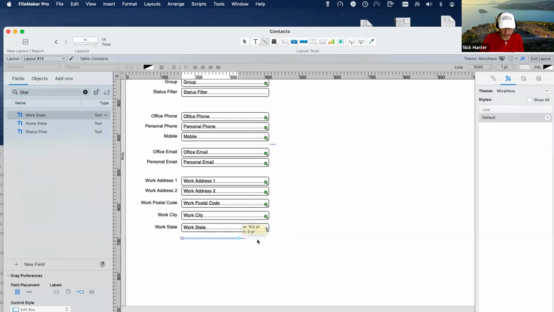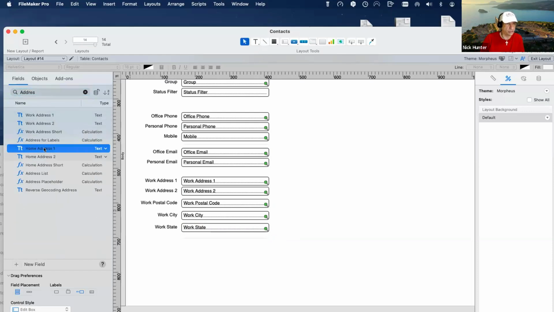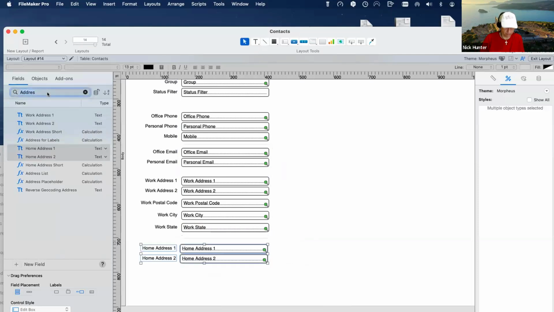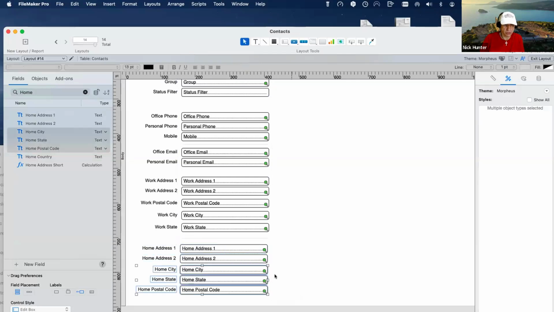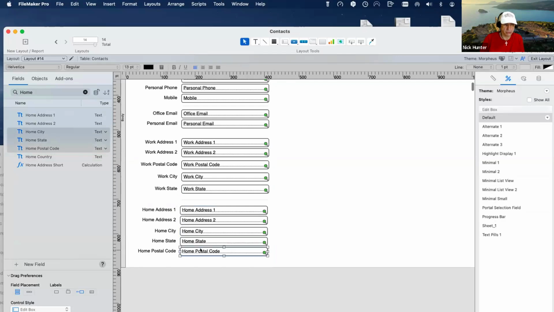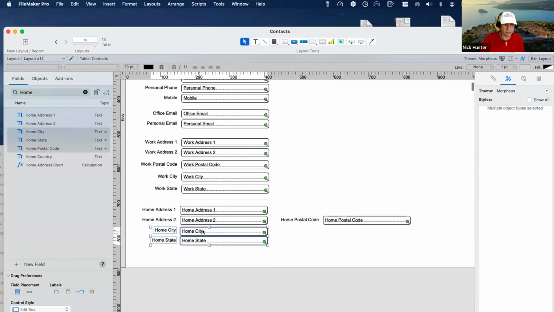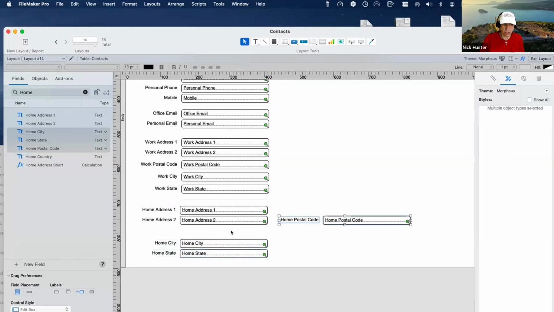So I can put a separation here, and I have address, home address 1, 2, and I have home city, state, postal code. Yeah, I don't put country. It's okay. Let me reshuffle this, right? So,